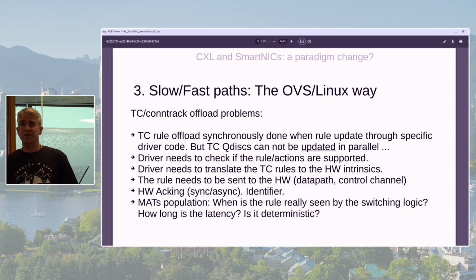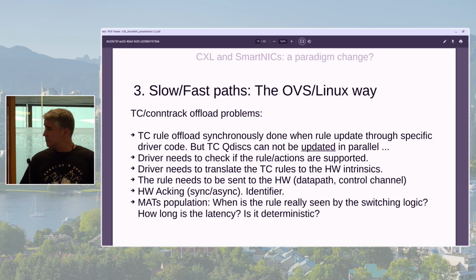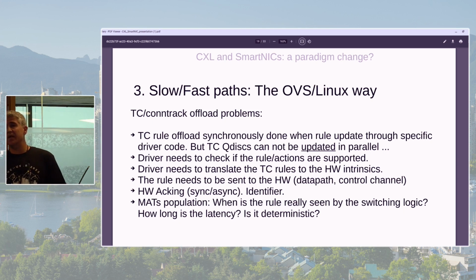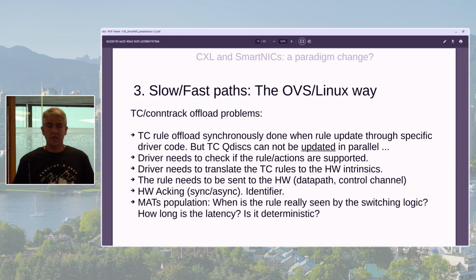To do that, you can have a specific control path channel. You can use the data path. In both cases, you need something in the hardware. For that, usually this requires the hardware to be aware of the rule being installed. Usually, you have an identifier for working with that rule later, and then there is the problem of okay, we have sent that to the hardware, but